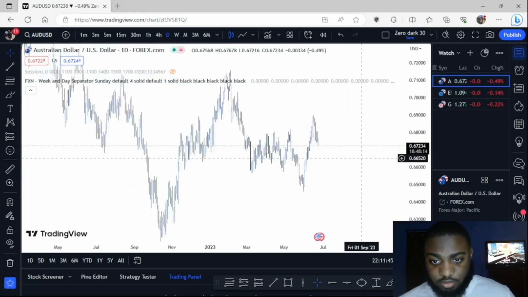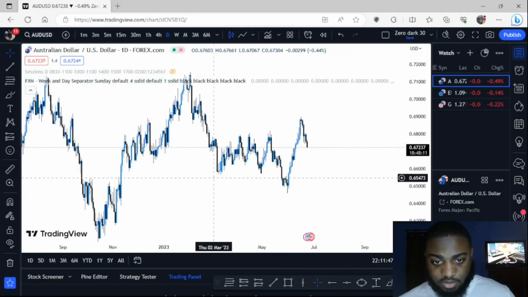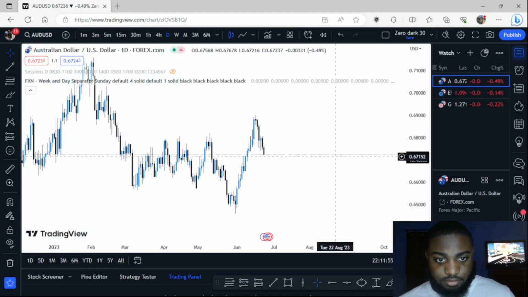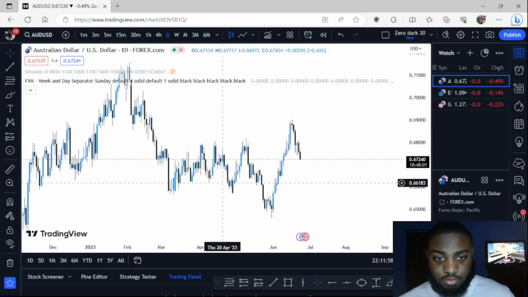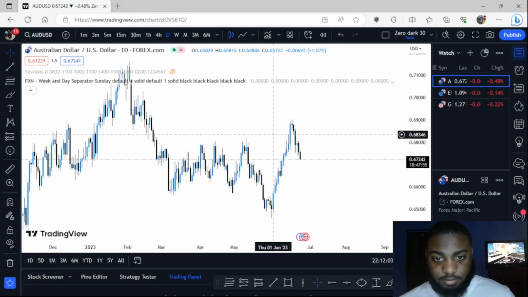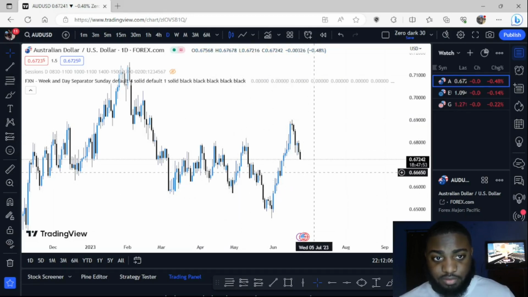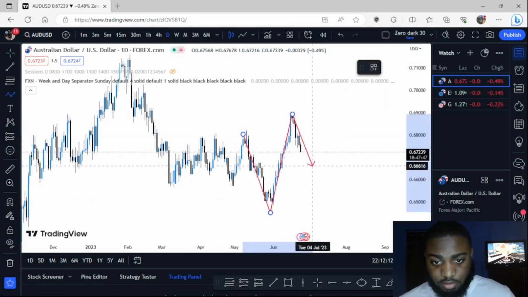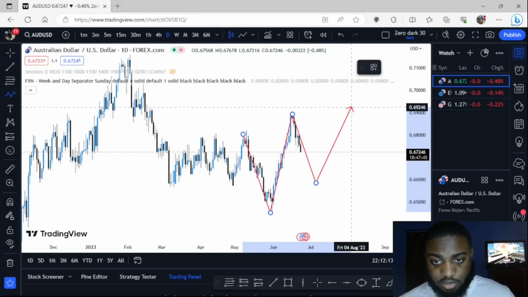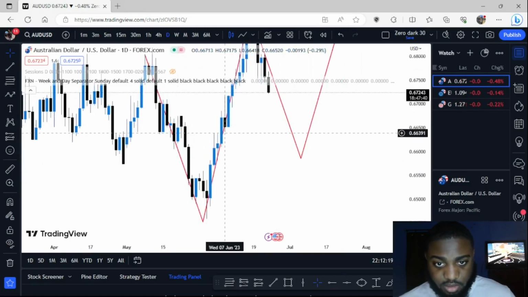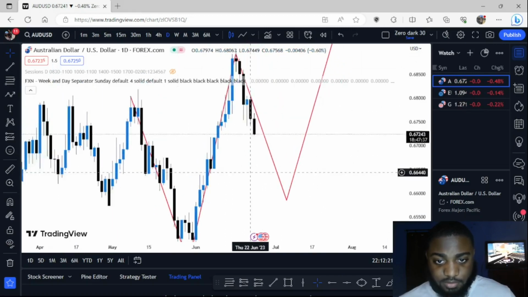So we have market structure along with liquidity. So we took this out, and now we're looking to see if and where price is going to go. So we take this out down here. Sell side, take out buy side. But we also had a market structure shift. So we can anticipate price to possibly do this based off market structure. Now, what could it take out in here? It could come, sweep this liquidity, and then keep going.